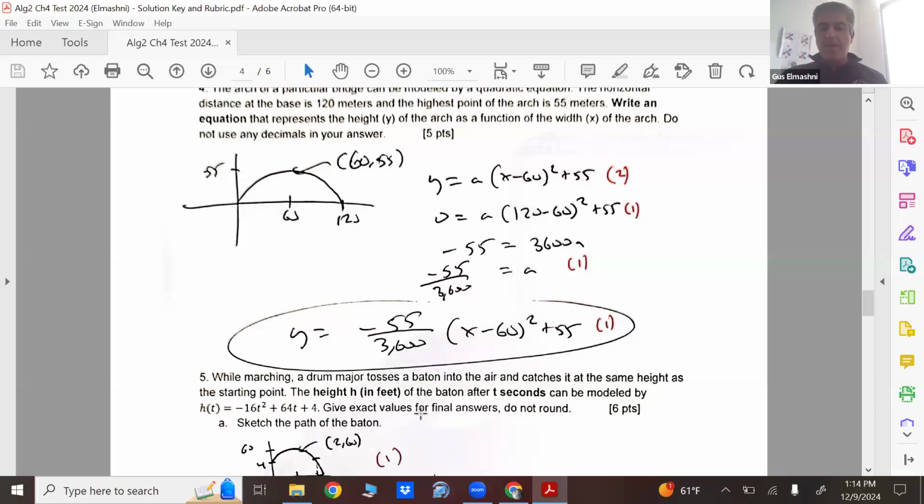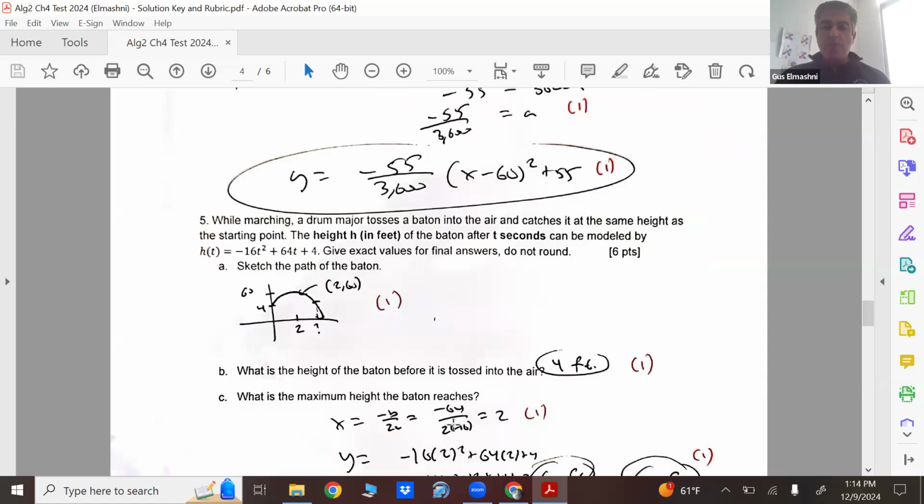But the vertex is 60, 55. If the width is 120, the x part of the vertex, 60, and 55 is the height. Work it out. It's all good. Solve for A, not too bad. For 5,